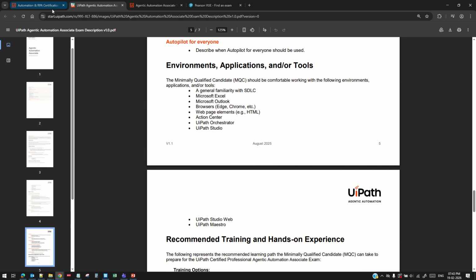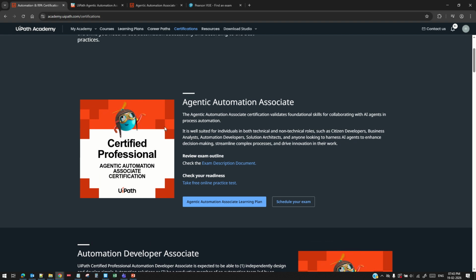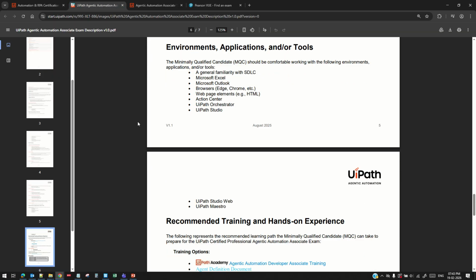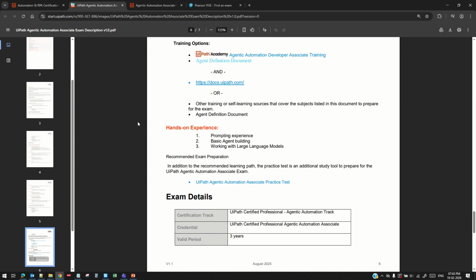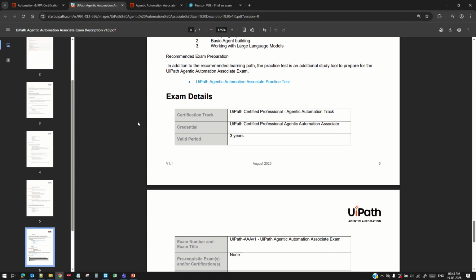You can find this document if you log into academy.uipath.com/certifications, and check out the first one, which is the Agentic Automation Associate certification. Then if you click this link, the exam description document, it will open up this PDF document. So yeah, this is the basic description of this